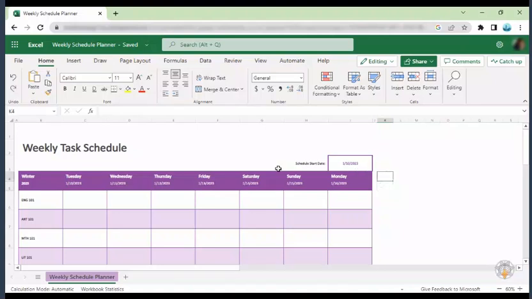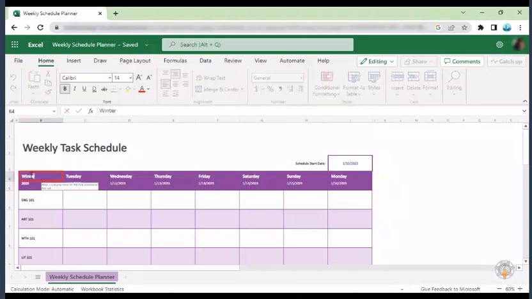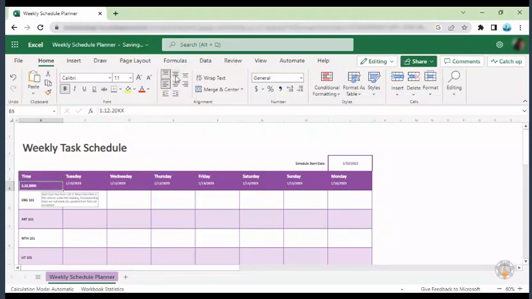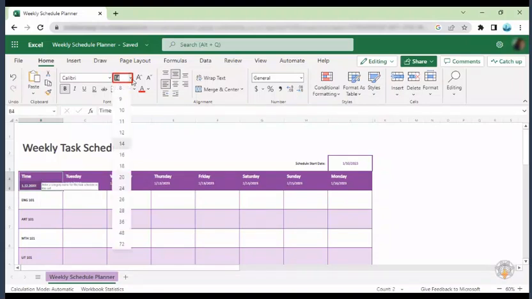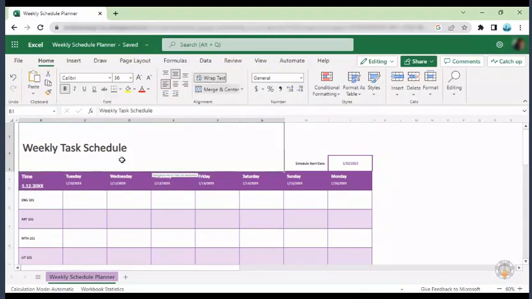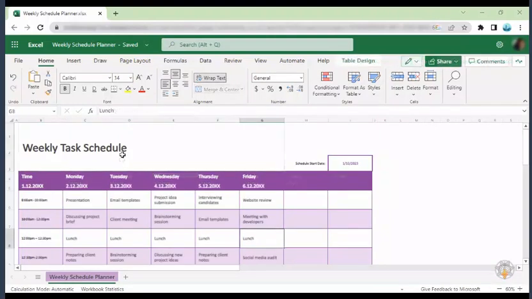Once done, select cell B4 and edit the text within. Follow the same steps and edit the text within cell B5. Next, select cell B5, middle align them, select both cells B4 and B5 and edit the font size. Once done, repeat the steps to edit and update all other texts present in different rows and columns.